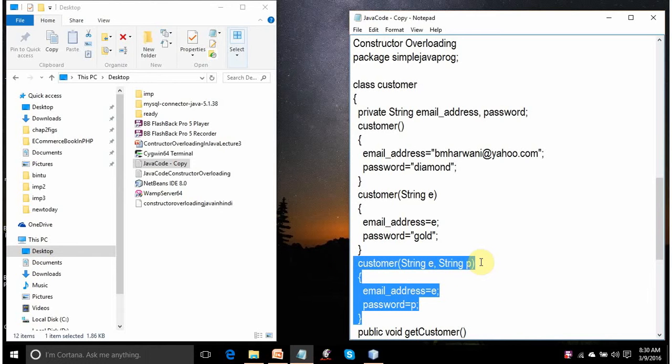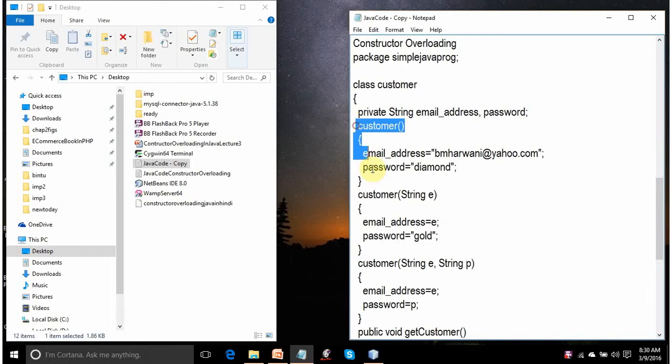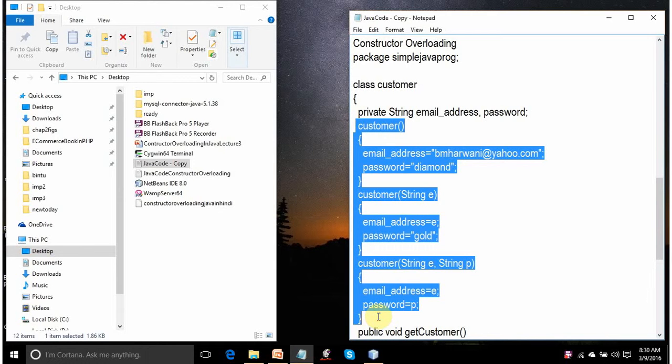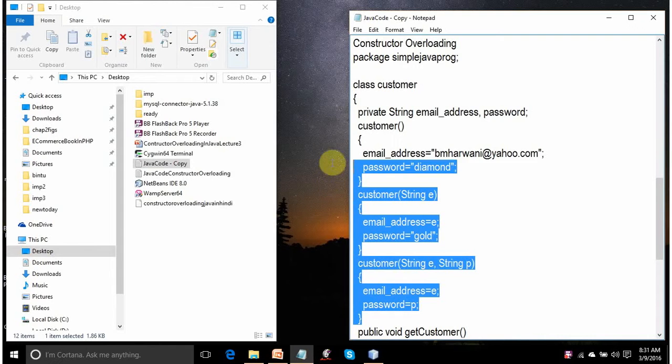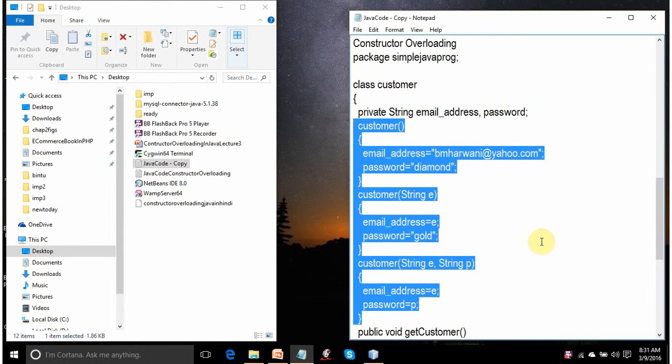Constructor overloading means when in a class you have more than one constructor with a difference in type signature. When I say type signature means it might be the difference in the quantity of the parameters. There is no parameters, there is one parameter, there are two parameters, and it might be the difference in the data types. Suppose there are two parameters here, I agree. I can define one more constructor here, but with one integer and one string. One more constructor with two parameters, but this time of two float types. What I mean to say, when you have more than one constructor with a difference in the quantity of parameters and their data types, it is known as constructor overloading.